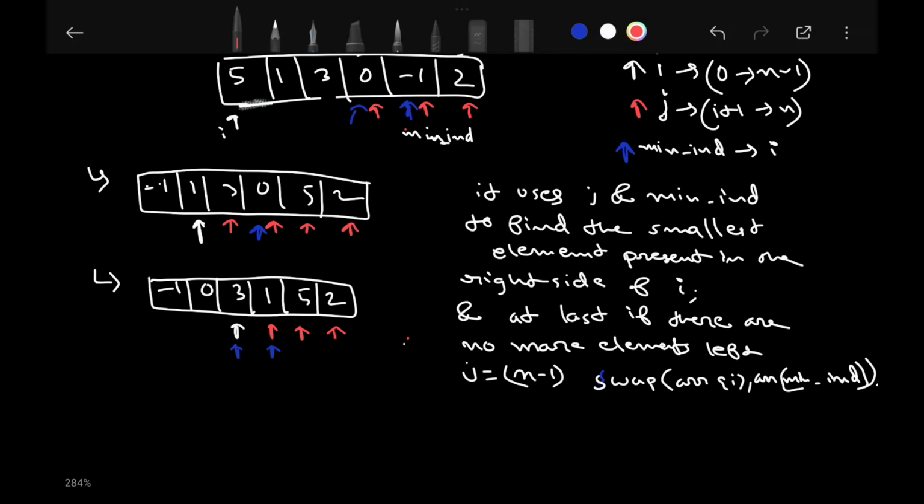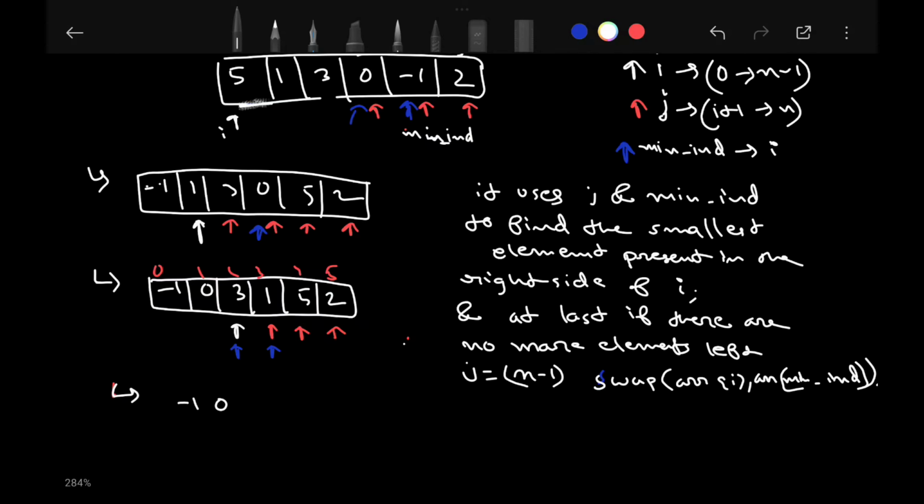Then j moves to 2. Is 2 smaller than 1? No. So the min index does not move. The min index or the current index are the same thing only. The min index does not move, and min index is pointing at location 0, 1, 2, 3, 4, at location 4, and our i is at 3. So we now swap our min index with i. So it gives us a resultant array